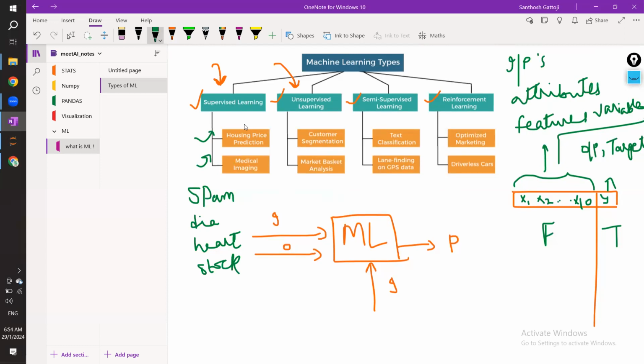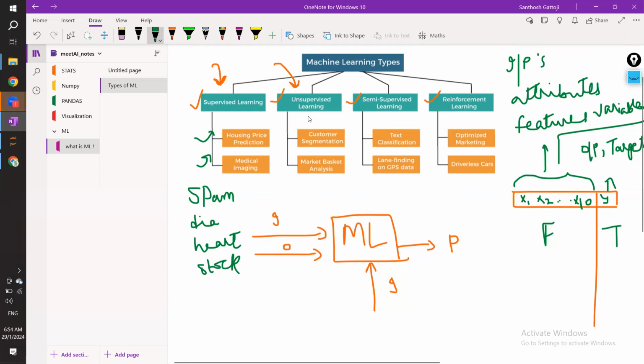Fine, so we can have tons of examples in any domain you take. For example, in the banking sector, you can predict whether a loan can be given to this person or not, whether this person's payback rate is good or not. Or in agriculture, whether the leaves of this particular tree are rotten or not, or in the iris section we have seen whether this is an